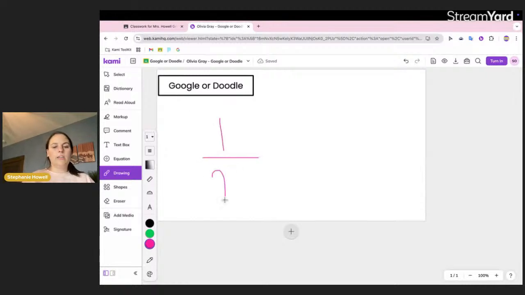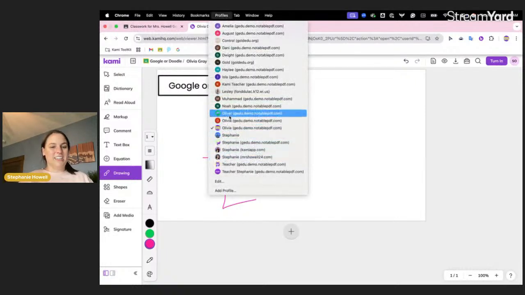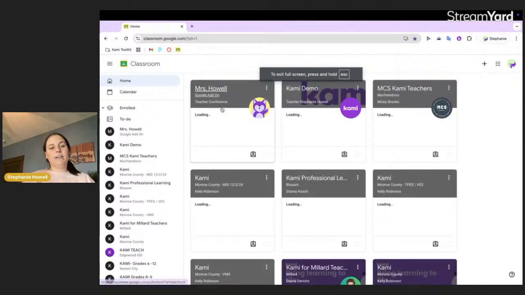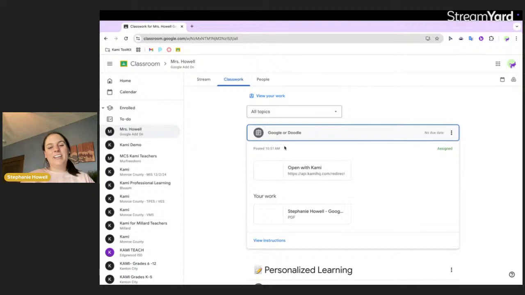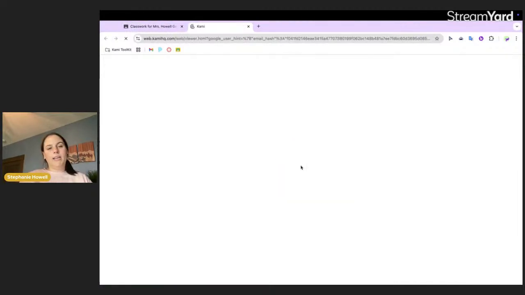So they can say, oh, I know this right here is the numerator or denominator or whatever. They can go into detail using the tools within Kami. Students can also, so maybe you have one student that draws just like that. Students could also come into this document, and maybe this student, when they're in their Google Classroom, goes into their classwork and clicks on that Google or Doodle, this student might come in and begin to work,